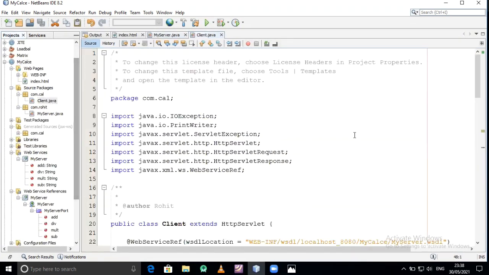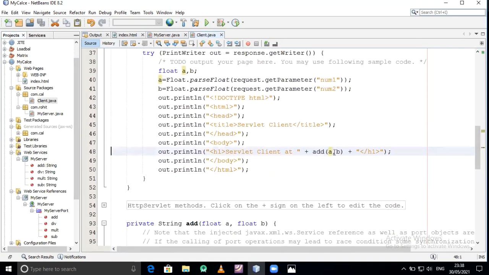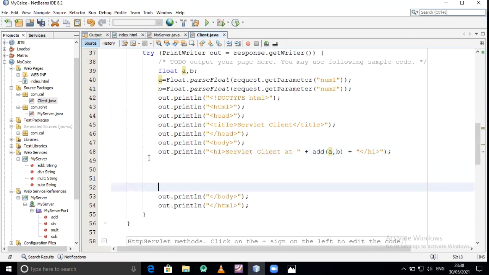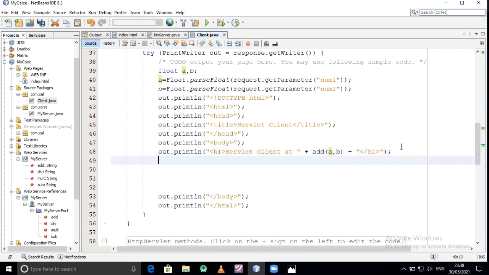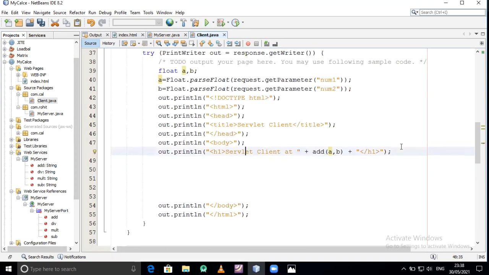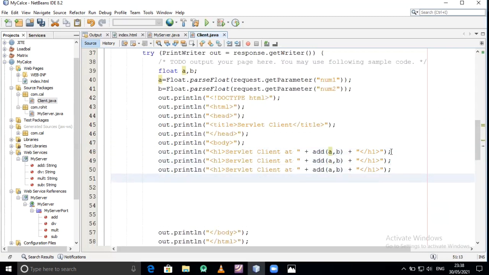From the client.java, that is servlet. So here only add, a comma b is there. So just add it 4 times. Copy paste. Because we require all the 4 operations: add, subtract, mult, and division.